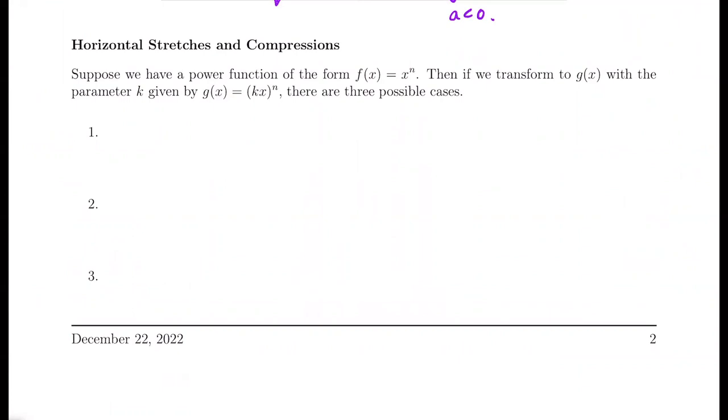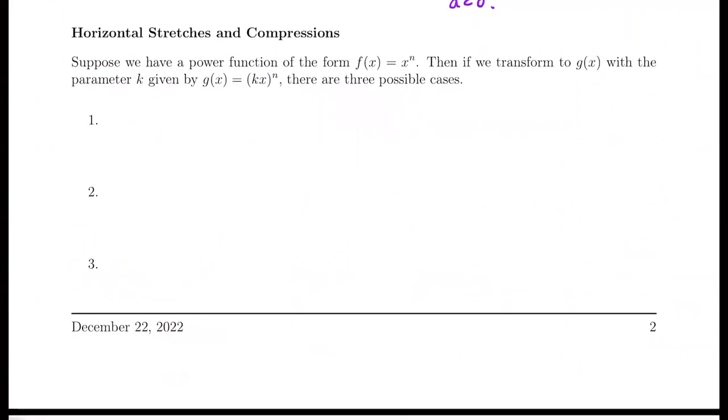So now let's say what happens when k is greater than 1. So if k is greater than 1, then g of x is going to have a horizontal